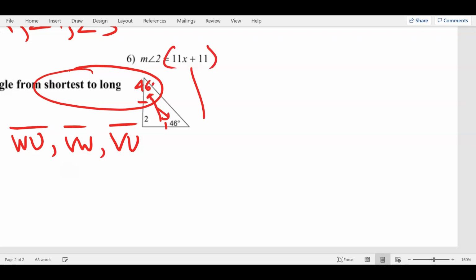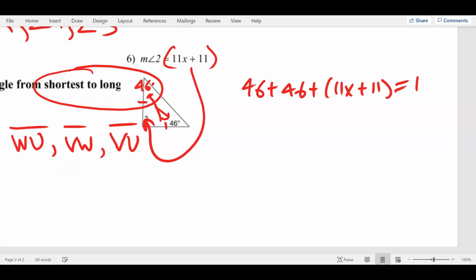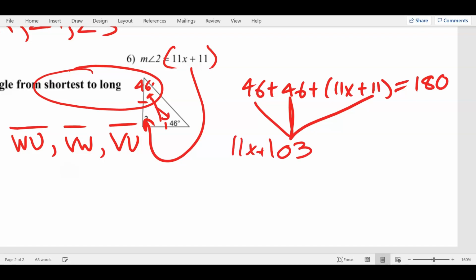And then angle 2 is going to be this, right? So it's 46 plus 46 plus 11x plus 11 equals always 180. Combine like terms, you get 103. So 11x plus 103 equals 180. You get rid of the loner, and then you divide. You should get